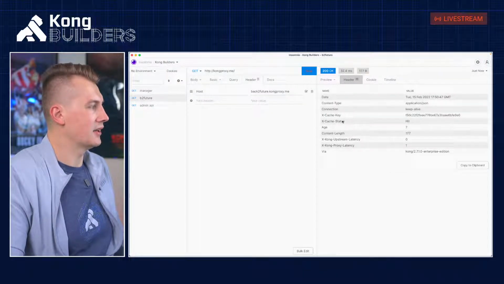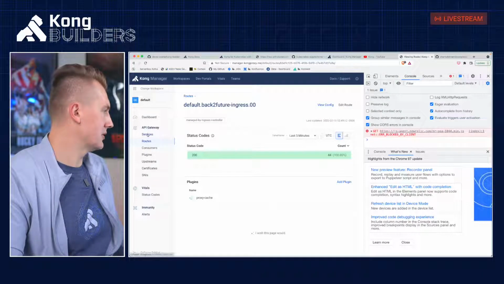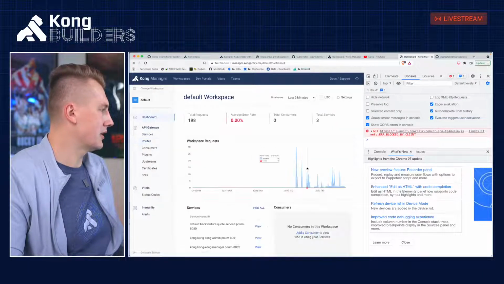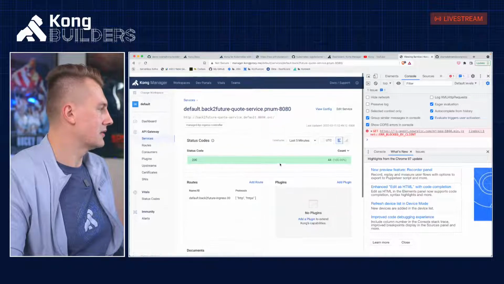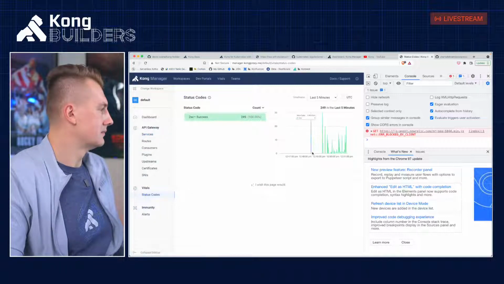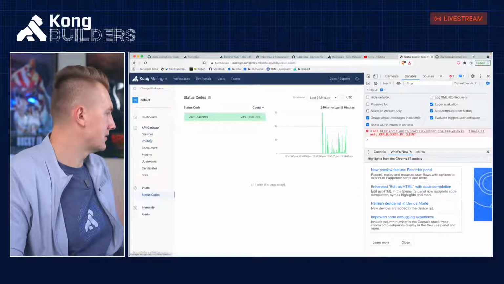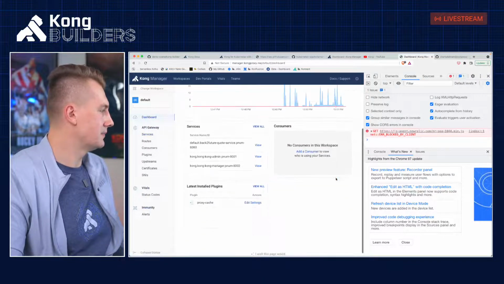We start getting caching headers. And the reason why I wanted to show you is that when you go into the dashboard and start seeing these services, and for the service with vitals, where is it? Vitals. The latency dropped from. Where's my service? Okay, so my service. Where's the nice dashboard? Yeah, this is the nice dashboard.